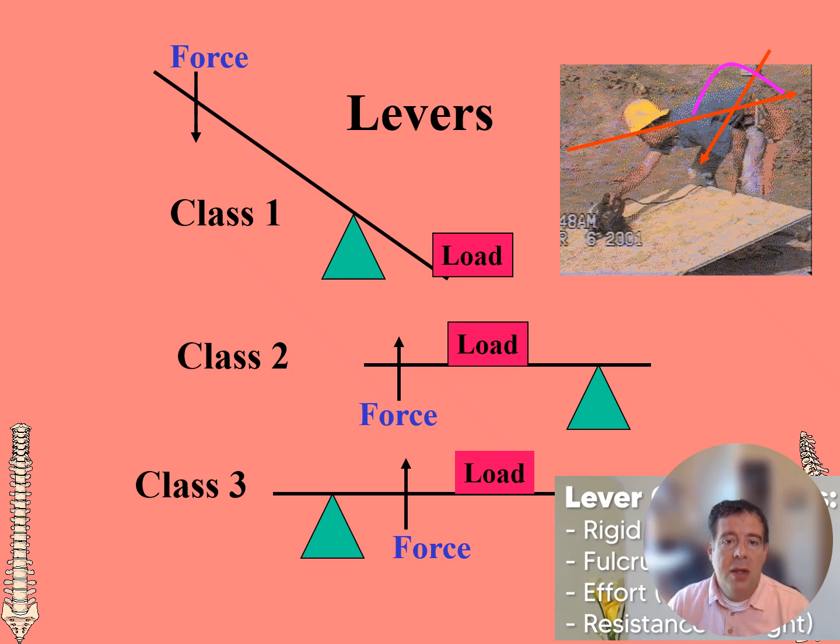So levers, this will be on the test. So we've got 3 classes of levers. You guys have had anatomy. This guy here, using the skill saw, we could see that even though this is about 15 to 20 pounds for that saw, he's putting a lot more force because the distance from the fulcrum to that weight is pretty great, that he's using extended. So when you think about classes of levers, I want you to think about the fulcrum, the resistance, and the load.